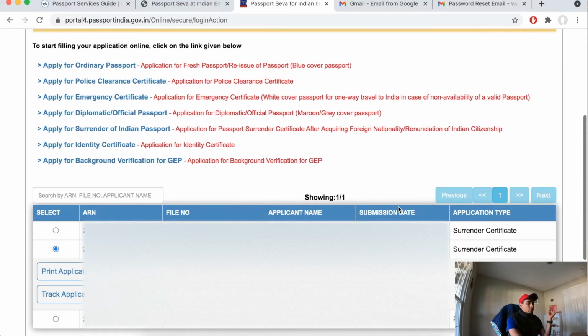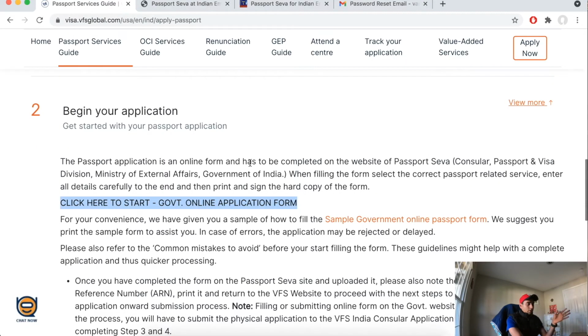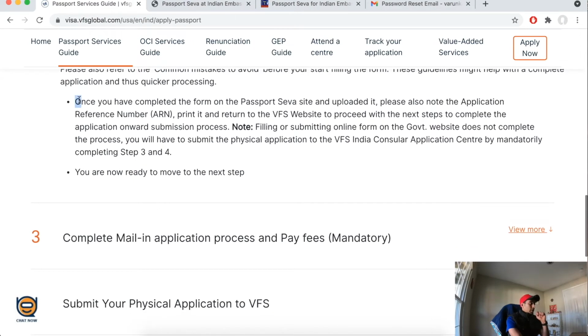So just make sure you have a couple of copies of these, just in case you botch a signature or something like that. Make sure you have a couple of copies printed, and then you pretty much are done on the Government of India website, right? So once you finish that form, you come back here to the VFS website for step 3 and 4, right? So once you've completed the passport website,